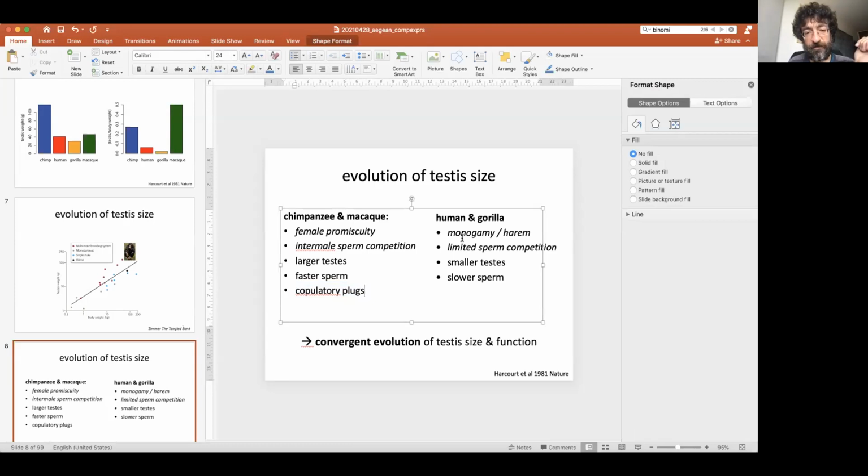And whereas in humans and gorillas, the current type of systems, of course in humans, is a bit difficult to describe because we have too much behavioral flexibility, it seems like.